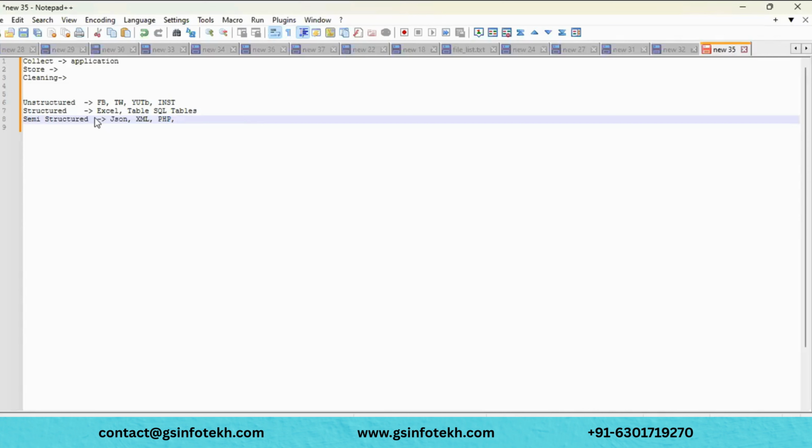Like this, the data has been categorized in three different formats.